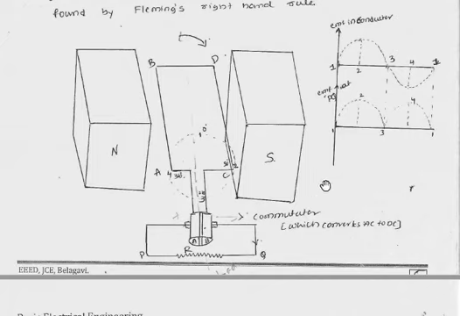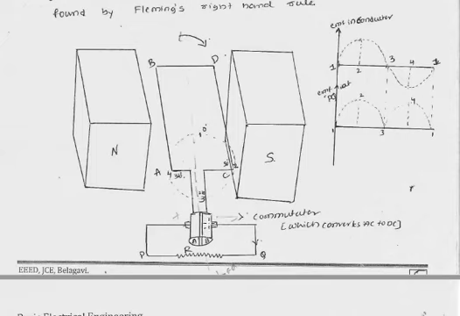So this is a simple construction where we can understand how EMF is generated, how mechanical energy is converted into DC electrical energy. You can see a pair of poles here, north and south. The magnetic lines of flux would be from north to south, and we have a coil, A, B and C, D. So this is a coil. AB represents a conductor and CD represents a conductor, and this particular coil is connected to something called a commutator segment. We will understand what this commutator segment is.